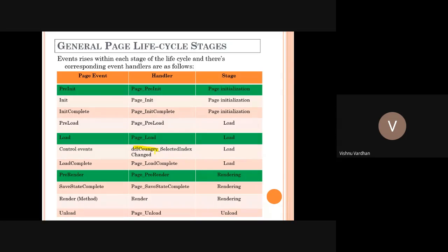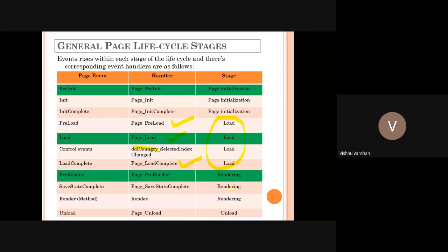Suppose I have selected India, then all the states of India are loaded. And finally, LoadComplete. So the load has four different event triggers or event handlers, where you can write your own methods, assign something, or cross-check something.